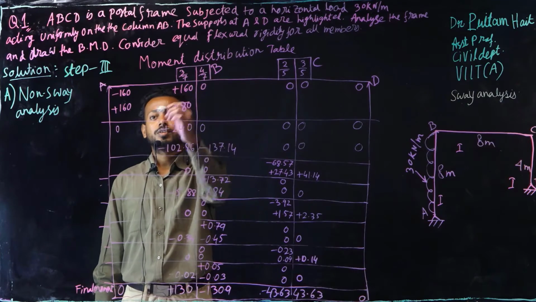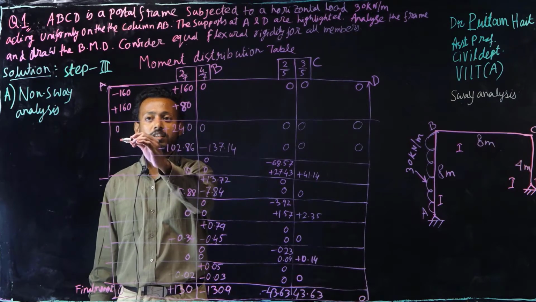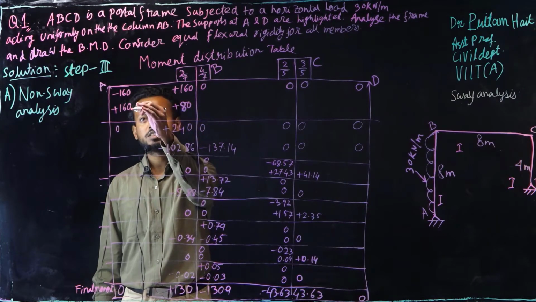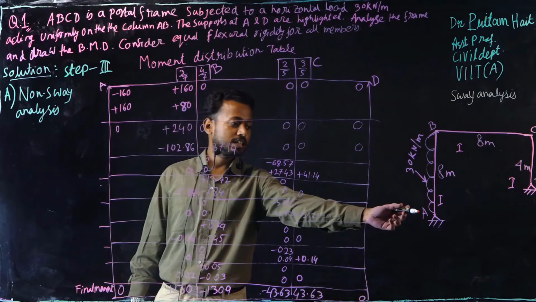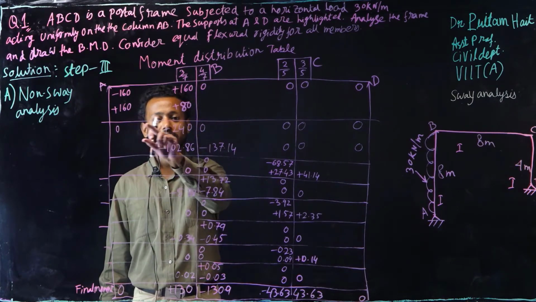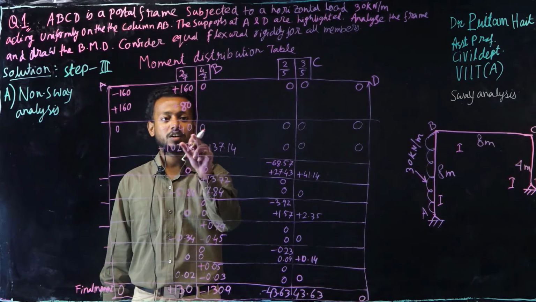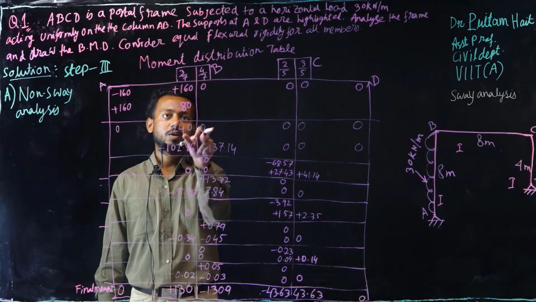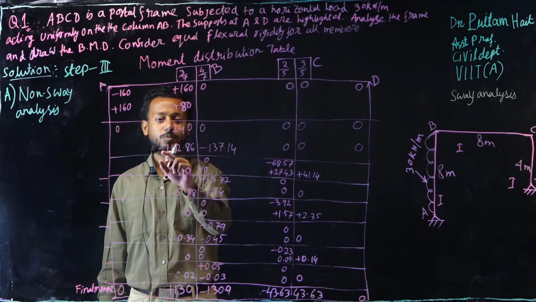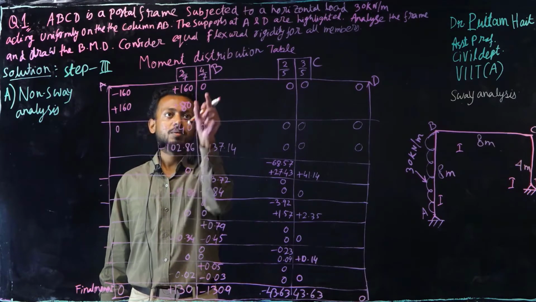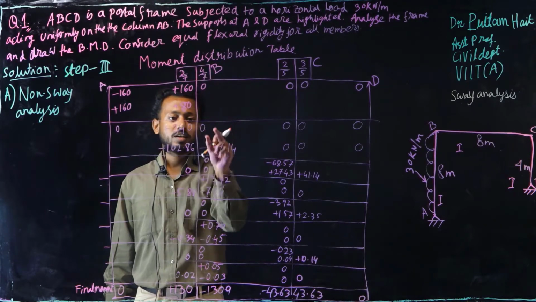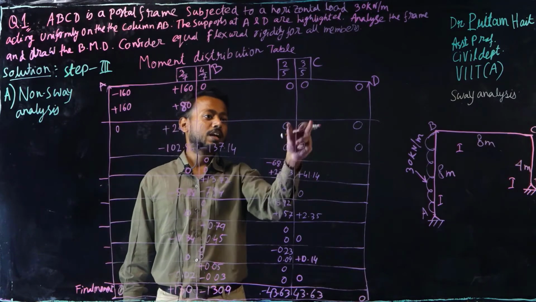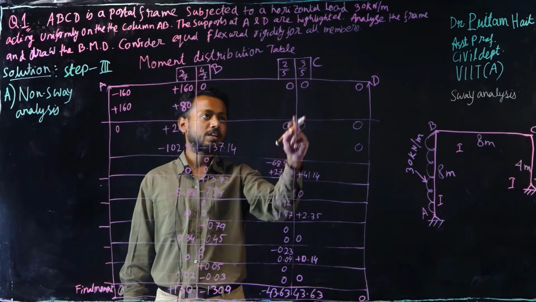Here I have neutralized this moment at the hinge point, that is A support, and I have calculated this line. Okay. So from here we will start the calculation of moment distribution. First you add these two moments, multiply with this factor, write it here with opposite sign. Add these two moments, multiply with this distribution factor, write here with opposite sign. Similarly here also, add these two moments, multiply with this factor, write it here.